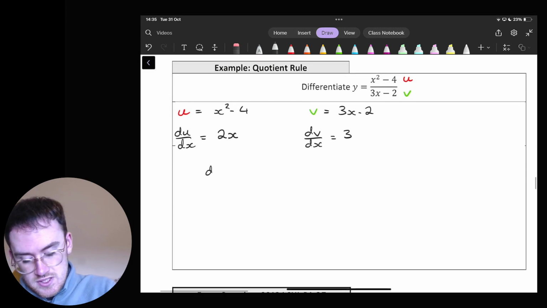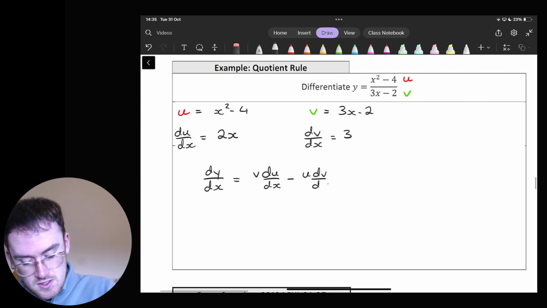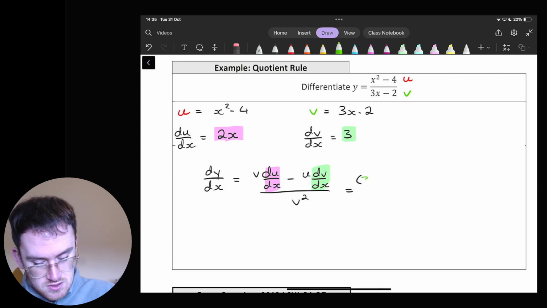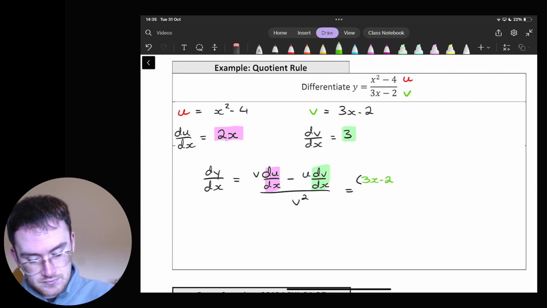Now to find my derivative, I need to make use of my quotient rule. My rule is v du dx. It's important we get these in the right order. Minus u dv dx all over v squared. So let's just highlight things here so we have them sorted, making sure that we're subbing these into the right sections when we get that far. So we start off with v first of all. So v is 3x minus 2 times du dx, and du dx is just 2x